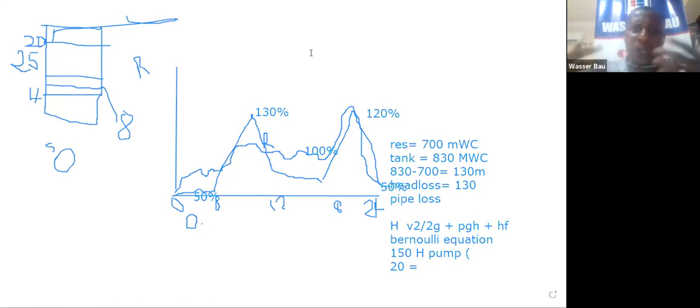Because what most people do is that when you do your borehole, within 2 hours, the water is gone and the aquifer is dry. So you need to calibrate your pump. You need to calibrate the suction to make sure that the rate of extraction does not exceed the rate of recharge. And that is what pump testing does for you. But in water reticulation, we call that pattern, demand pattern. So we're going to create a demand pattern. So to create a demand pattern, the first thing you do is,